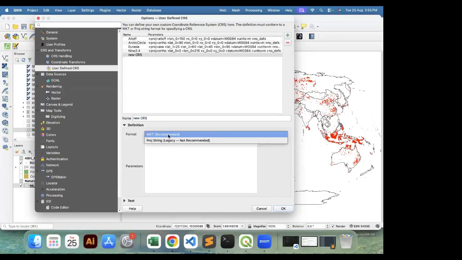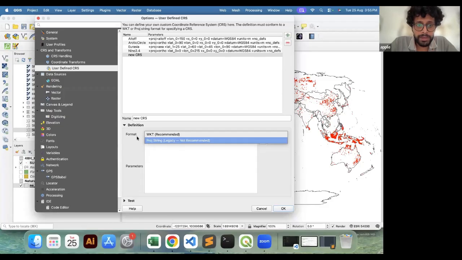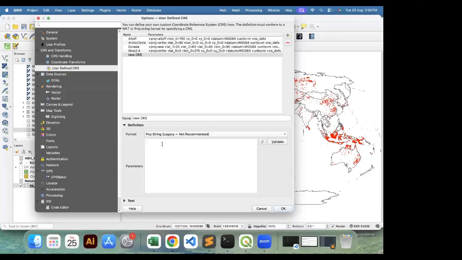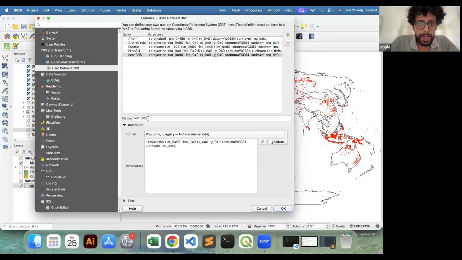You have already pasted these in the link. So in the format, you come to proj string. Don't do WKT. Go to proj strings. This is the one that's needed. Just paste this, and I'll name it